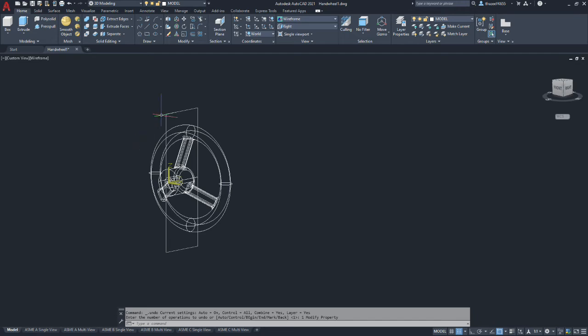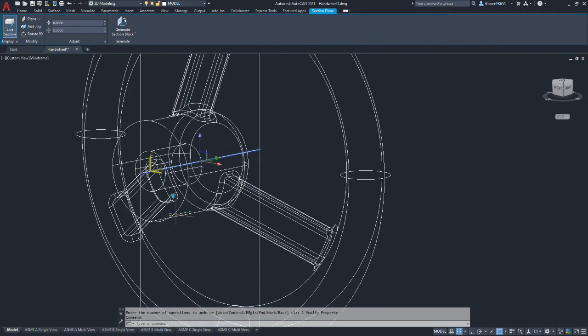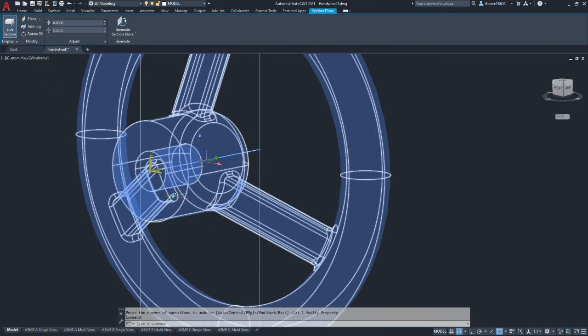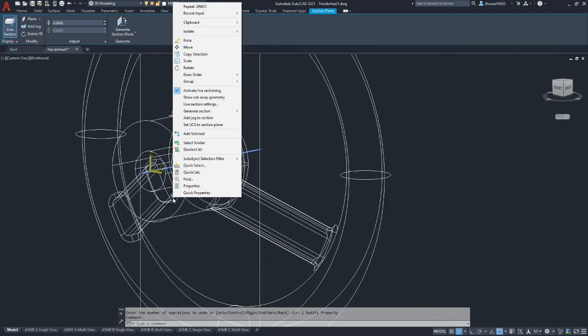Okay, so here we are, we've got our section plane, and we're going to select the section plane, and you're going to right click on this grip that shows up. If this grip isn't showing up when you select it, double check that you're in the wireframe mode. I notice in some modes this won't appear. Right click on it and you should have a large menu that shows up. If you see a short menu, you clicked with the wrong mouse button.